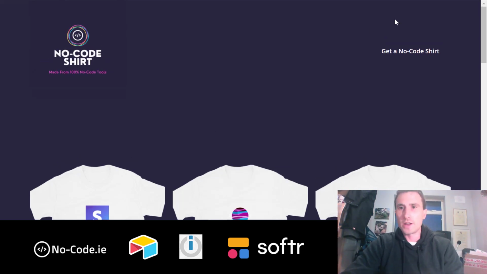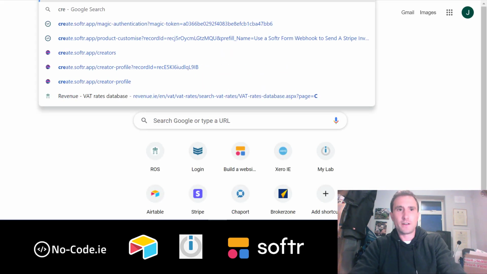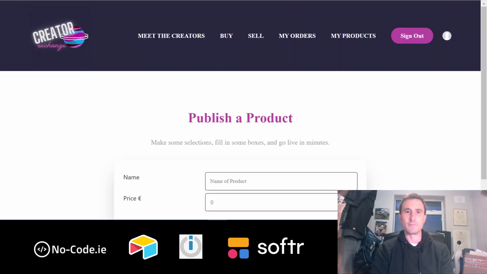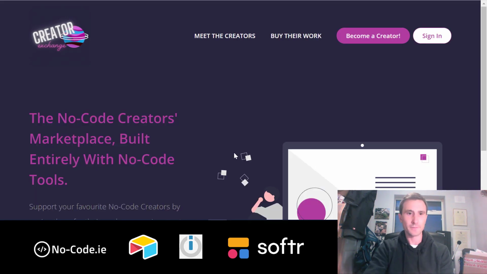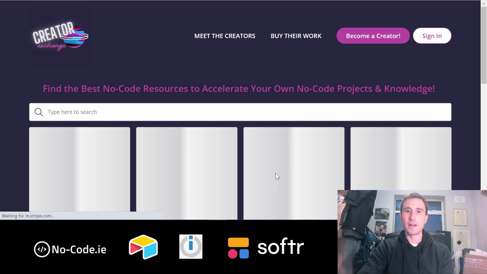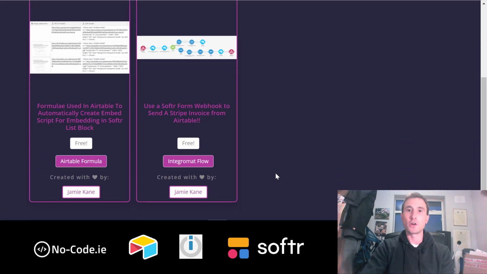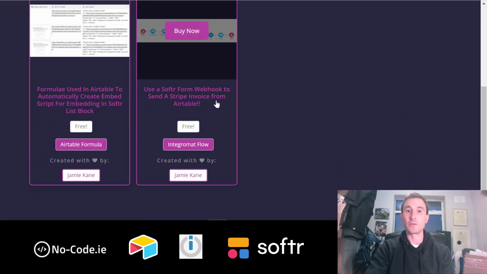Finally, let's just have a quick look at create.softr.app. So this is the marketplace. I'm actually signed in there at the moment, so I'll just sign out. And the idea here is that no-code creators can come along and they can list their works either for free or for sale for other no-coders to come along, and other no-coders can then